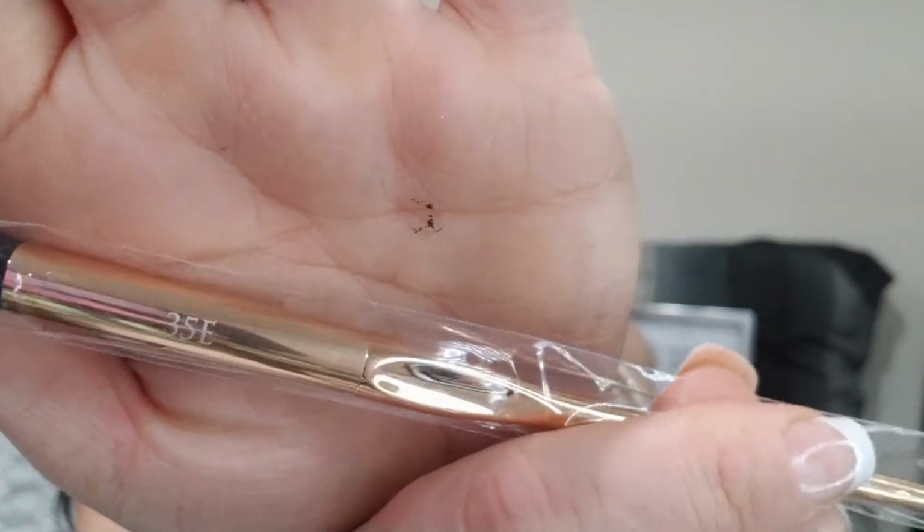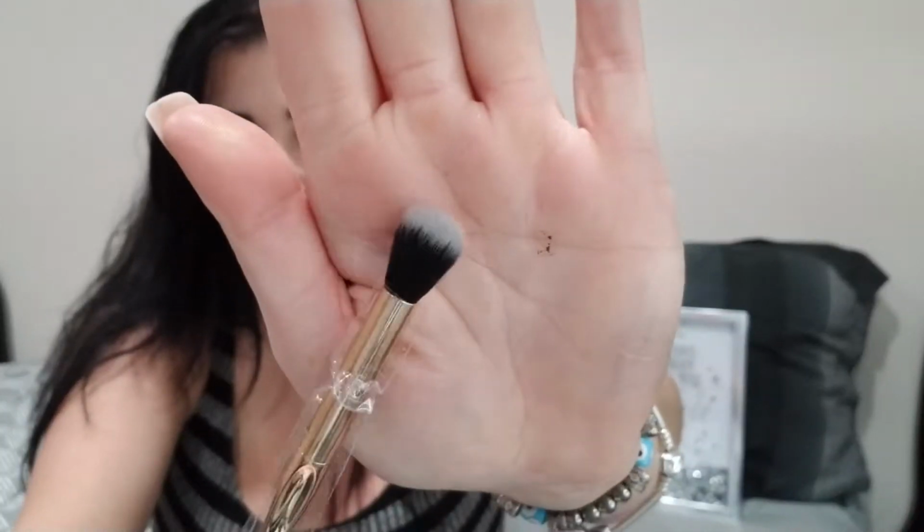Our third product. Ooh, a brush from Farah, F-A-R-A-H. It is the 35E. And it's like a tapered, almost like a blending brush. It's a little thick. I can dig it though. Our fourth product is by